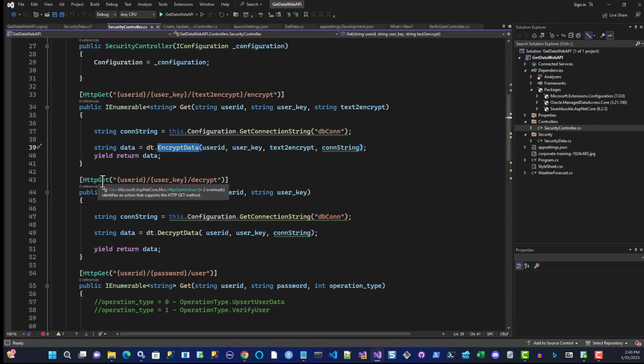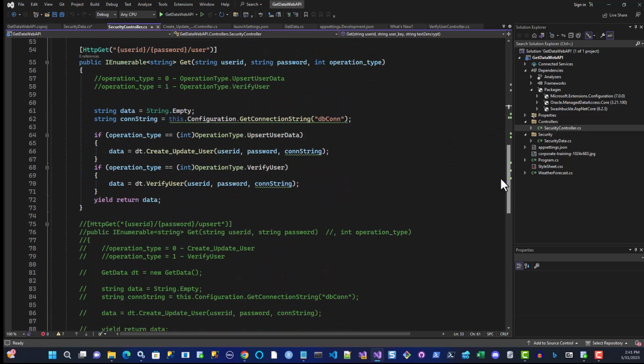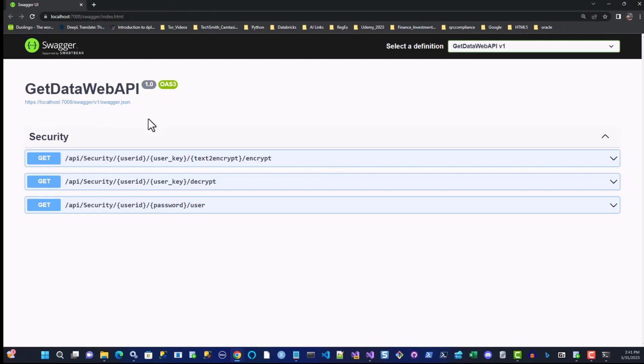So there's a bunch of gets here, and they all have different signatures, but I also gave each a name to distinguish them from one another. So what happens is when I actually call this, I will get a Swashbuckle showing up. As part of this project, you get a Swashbuckle. Let me run that quickly now. As you can see, it has the